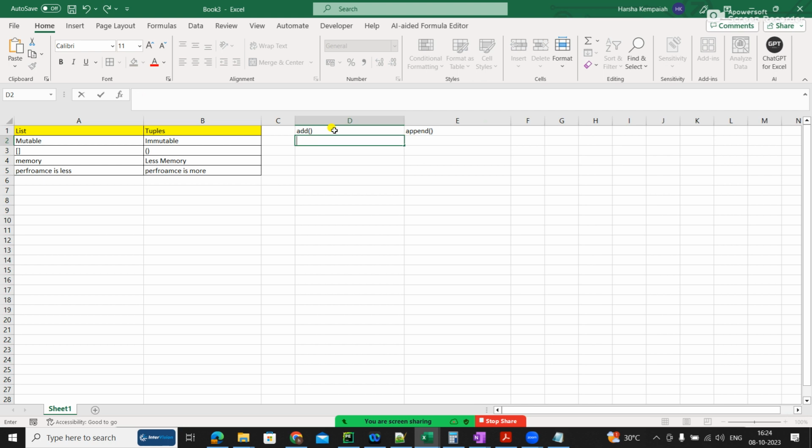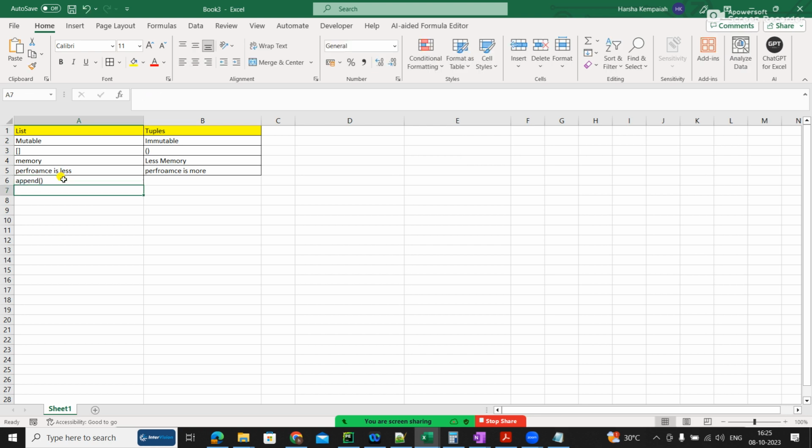Why am I doing this for sets? Set supports the add function. There is no guarantee of the order of inserted data. So if it is a list, the append function is there, and also the remove function is there.